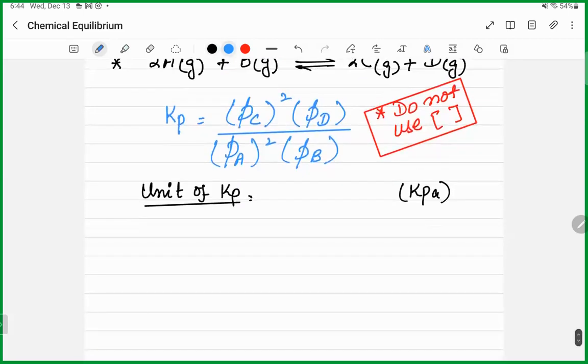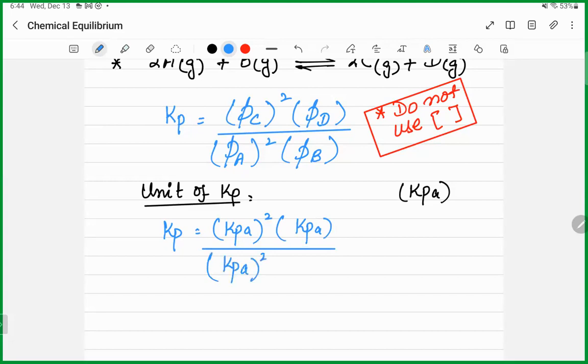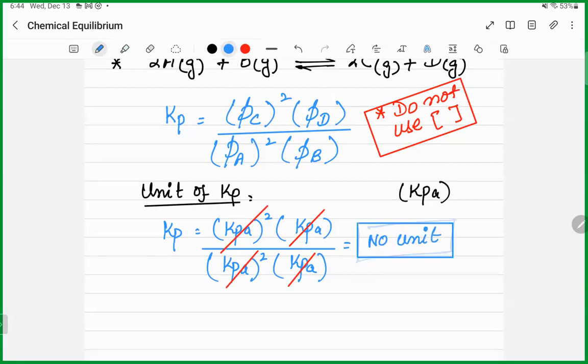इसमें तो बहुत आसान है, कुछ नहीं बचेगा। Kilopascal का स्क्वायर आपको हर बार, भले ही it's no unit, आपको कैलकुलेट करके दिखाना पड़ेगा, and you have to do unit cancellation. ठीक है, and everything gets cancelled out, and Kp has no unit. अच्छा, ये भी एक बहुत बड़ा मसला है कि यूनिट की जगह पे you have to write no unit. आप जीरो नहीं लिख सकते, क्रॉस नहीं लगा सकते, डैश नहीं लगा सकते। In wording आपको नो यूनिट लिखना पड़ेगा।